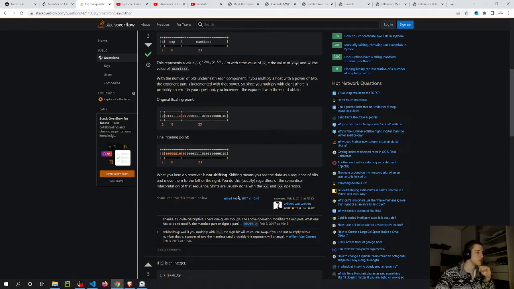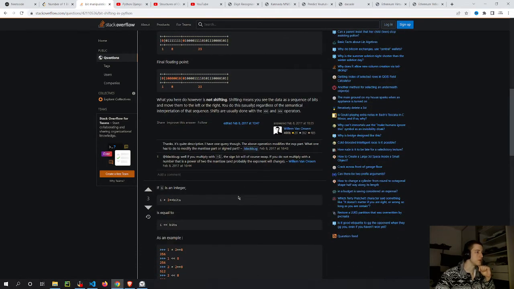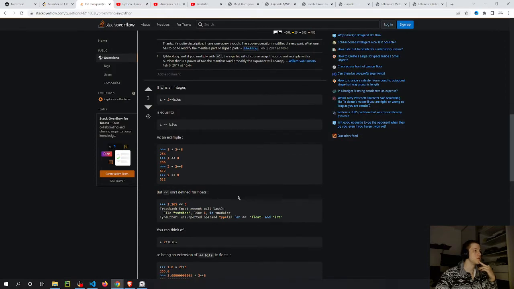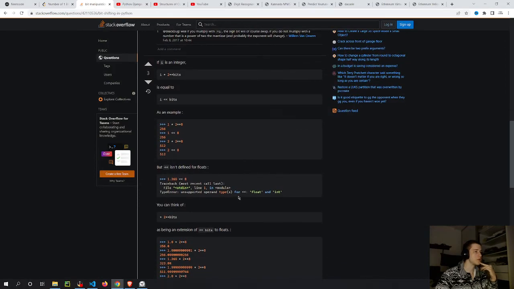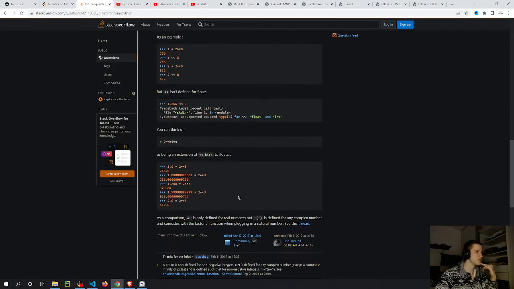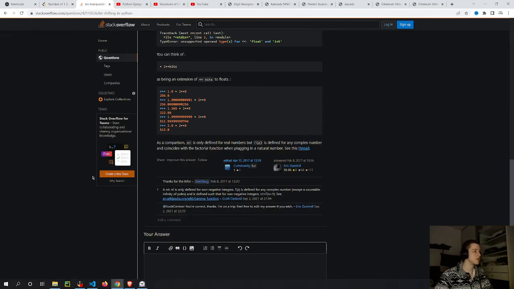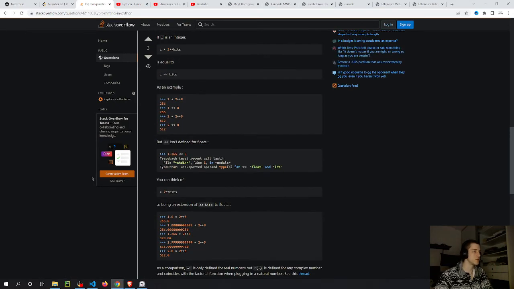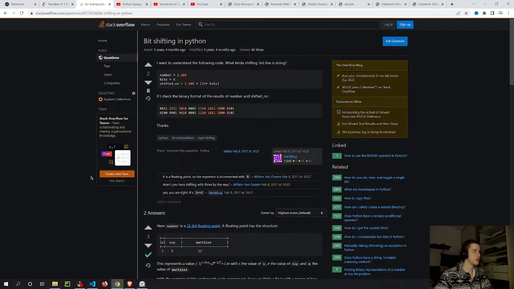But in some cases I can see how it can be a lot more efficient just by shifting the bits instead of doing calculations, for example. It should make the code faster or better. But I also think it's not something that is very important. So it's not that high priority, you know. So